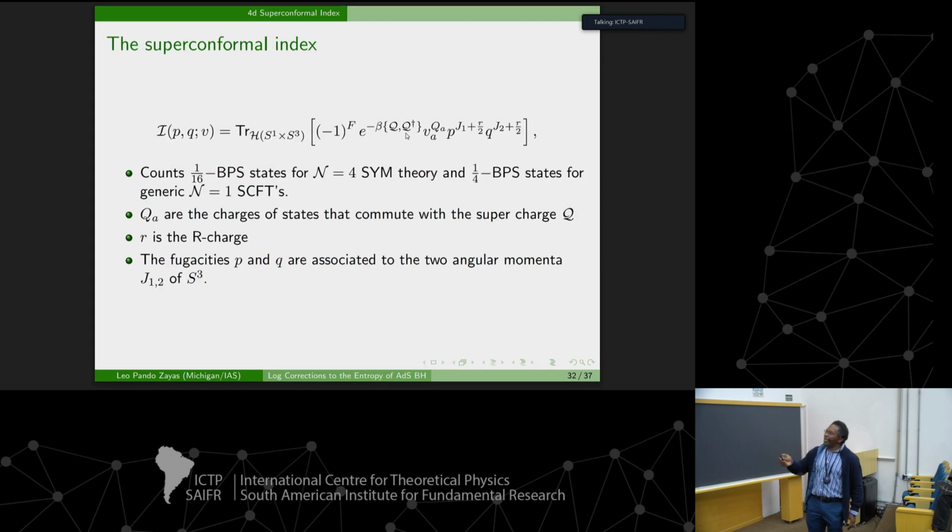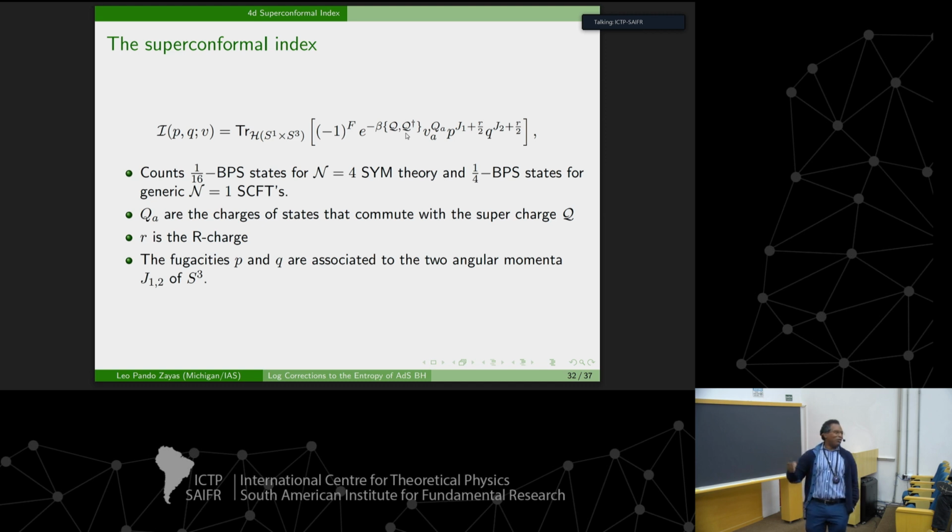But before that, let me tell you about the SuperConformal Index. So again, this is a Hamiltonian, right? A partition function with supersymmetry. And now I have two angular momenta, J1 and J2. So these are their corresponding fugacities. And I have some extra global charges. This is, of course, the Hamiltonian